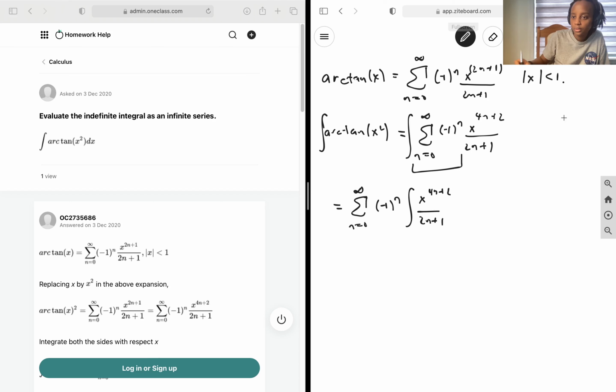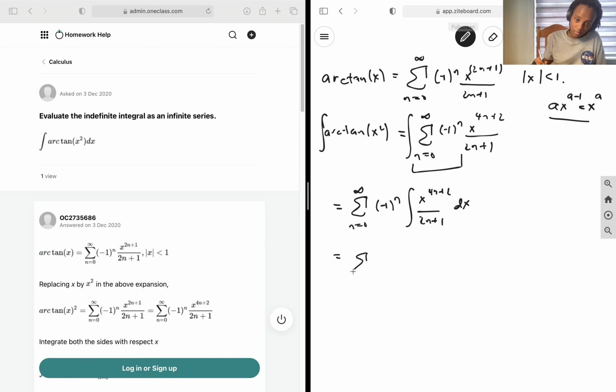And so we know that the integral of x to the a minus 1 is equal to x to the power of a over a. So we're going to use a similar methodology here, and this becomes